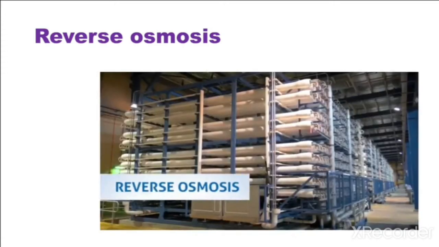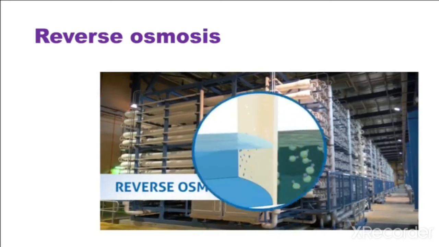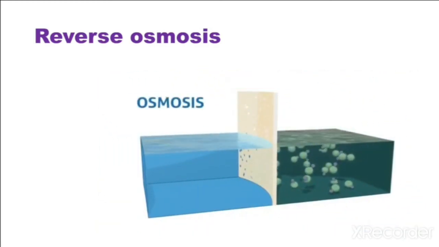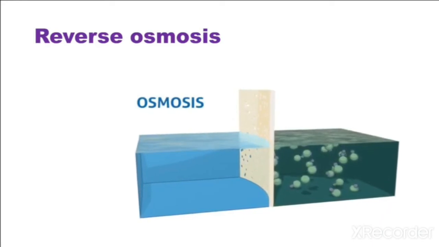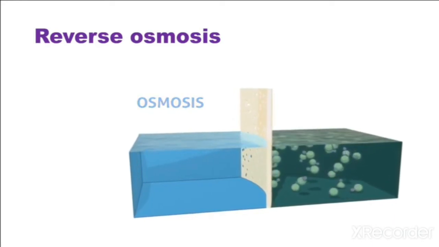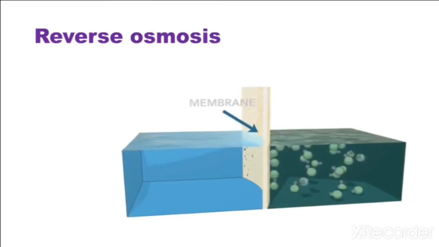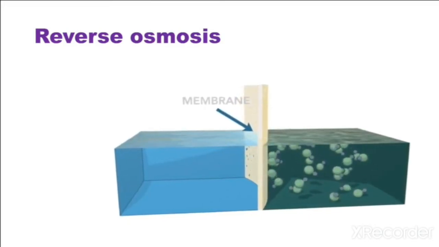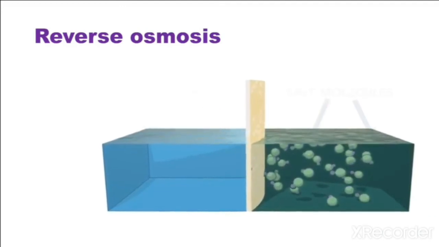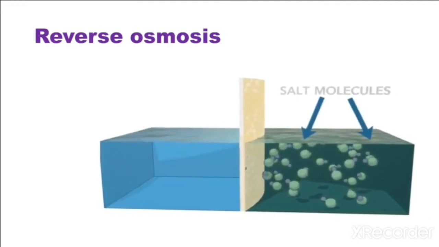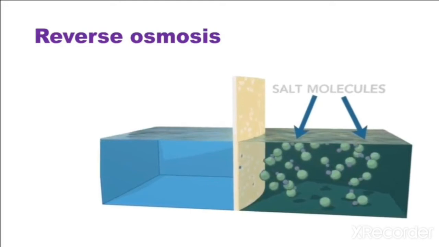Osmosis. First, let's explain what osmosis is. Osmosis is a naturally occurring process in which a liquid, such as water, spontaneously passes through a membrane. The membrane or semi-permeable barrier allows some molecules, like water, through, but other molecules, like the majority of salts, are unable to easily pass through the membrane structure.